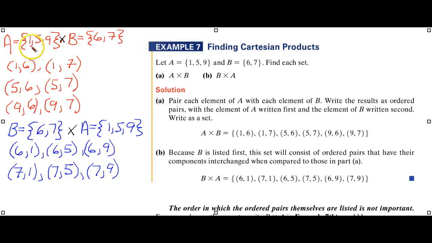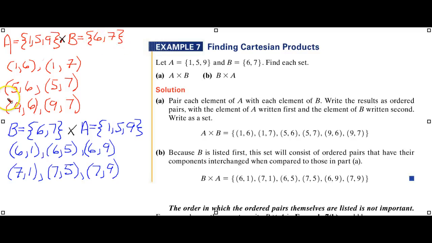Here we have 3 values in A, so we're going to get 3 rows where we just pick up the numbers 6 and 7. So the 1s, the 5s, the 9s, and then we add the 6 and 7, 6 and 7, 6 and 7. So we get this form of display where, since there are 2 values of B, we're going to get